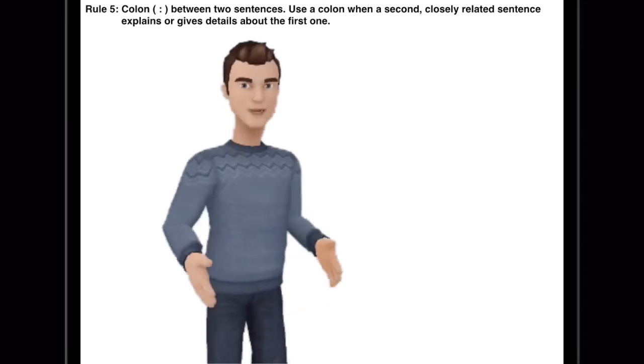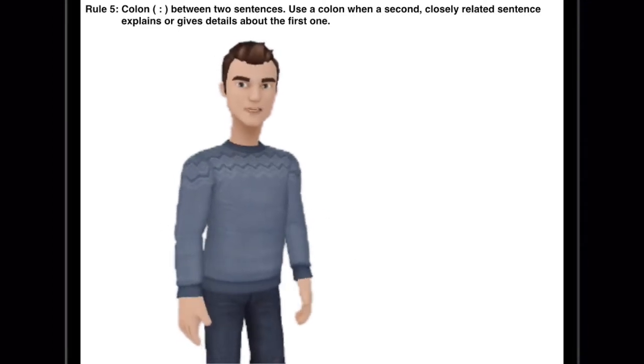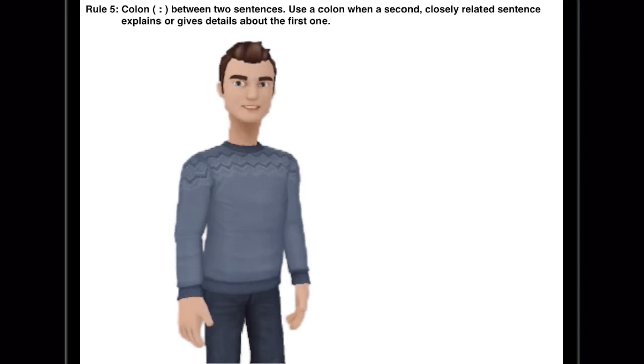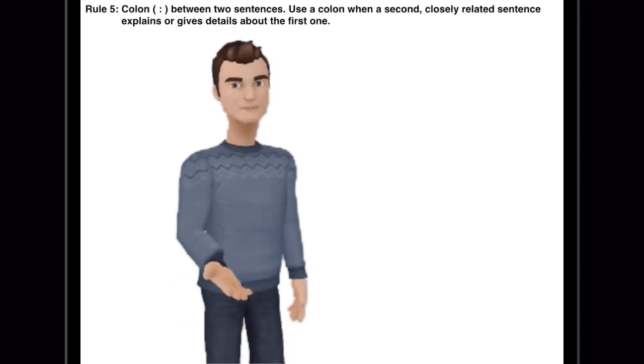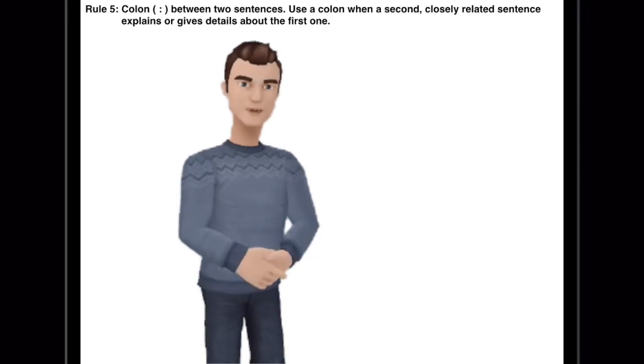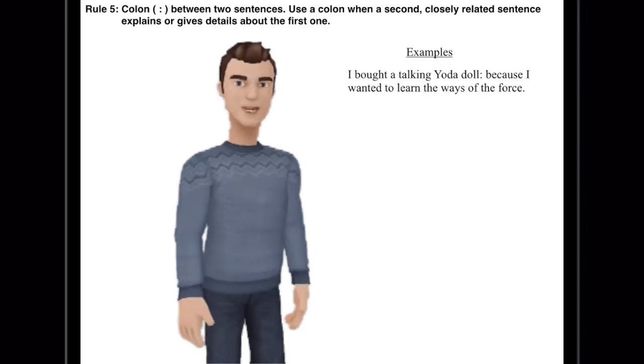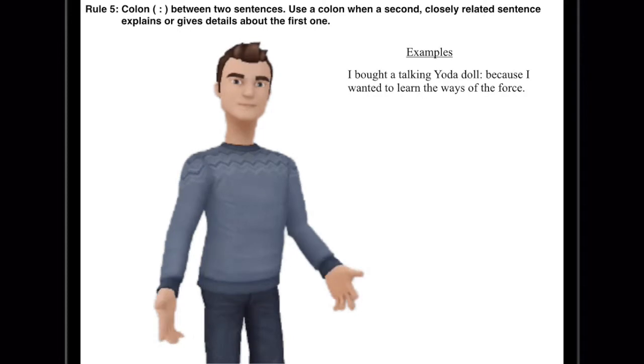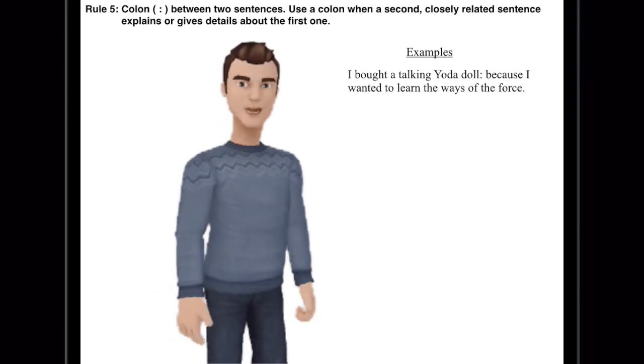Rule 5 is something that can be really cool if done right. This is when you have a sentence, then a colon, and then another sentence after that which is an example of that sentence. So for instance, in this sentence we have, "I bought a talking Yoda doll because I wanted to learn the